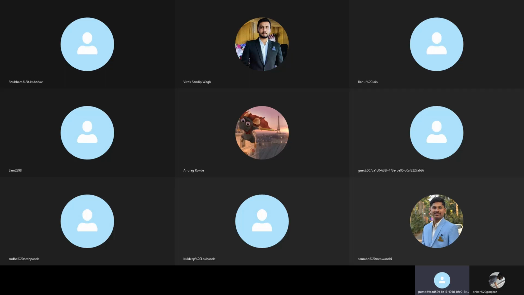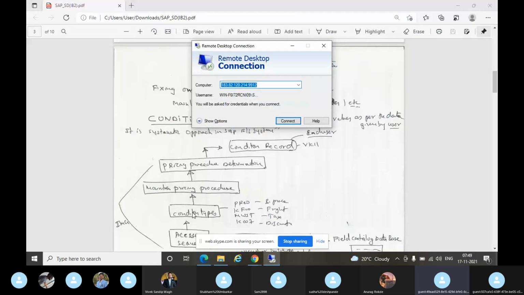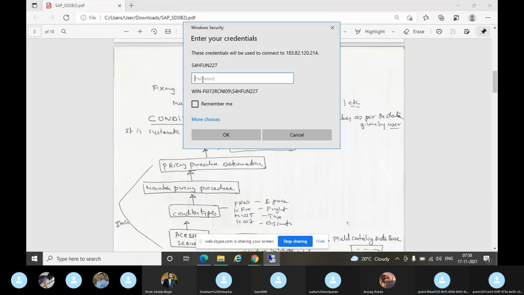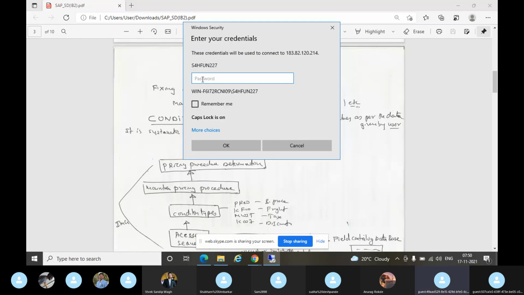And another small thing. Tomorrow I'll do copy control and determination and also interview questions. That completes the majority of the things. Then S4 HANA questions, plus whatever other things are important, I'll tell you.